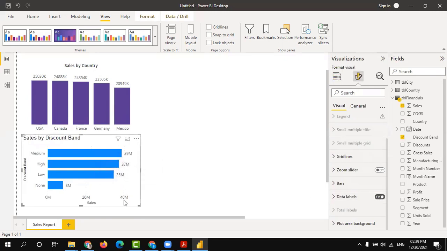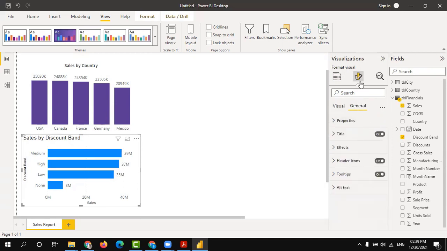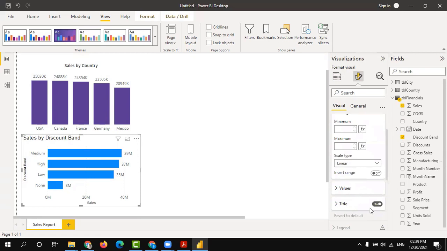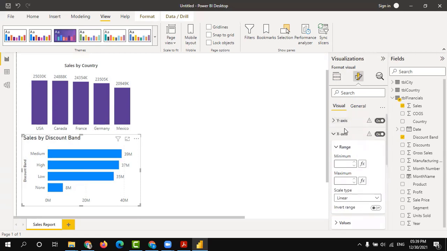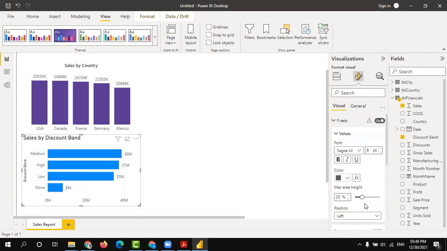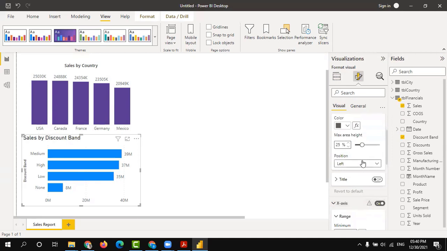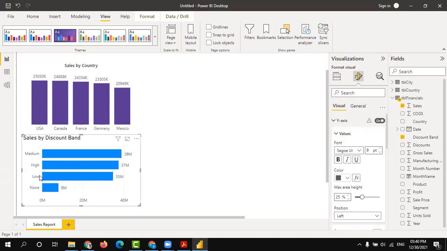It is there, which is okay. And if you want to turn off the x-axis and y-axis titles, you can turn them off. Let me turn off this x-axis.